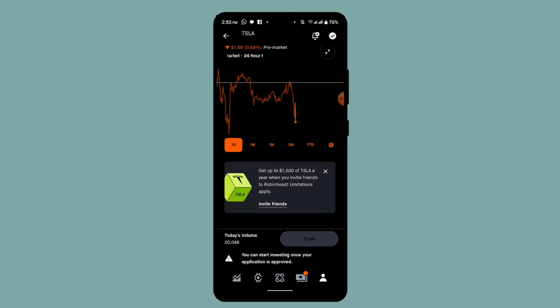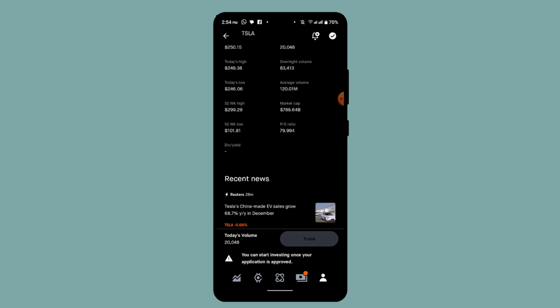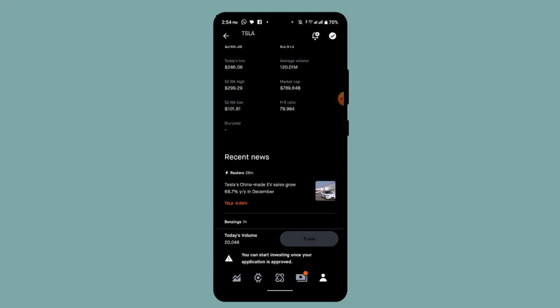So after that, you have to tap the trade button located right at the bottom. On the other interface, you'll be able to see buy sell options located right at the bottom. Next page, all you need to do is go ahead and copy the wallet address. So for that, you can either copy the link or you can just simply download the QR code. Once you're done downloading the QR code or the wallet address, then you need to exit out of your Robinhood